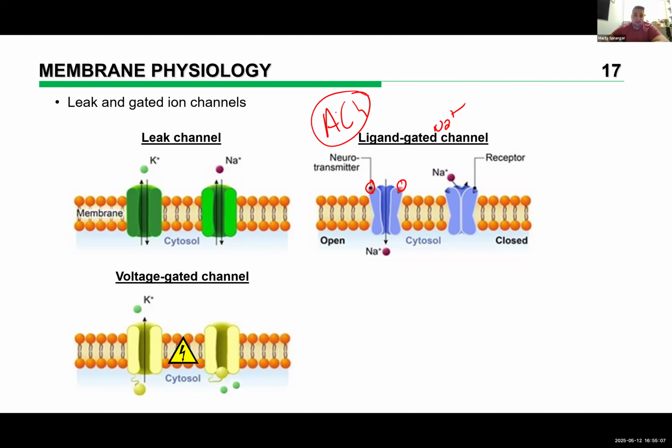We also have the voltage gated channel, which is going to be very important in this class as well. And I think the coolest of all the three. So these are the three ways we gate channels. And so here, the protein is normally closed. It's got this little ball and chain mechanism here that is closing it. And what happens is you don't need any ligand binding to it or anything like that. You have a change in membrane potential. So as I said, I believe before, cells are normally more positive on the outside than the inside. But if you change the membrane potential and you make the cell more positive on the inside than the outside,